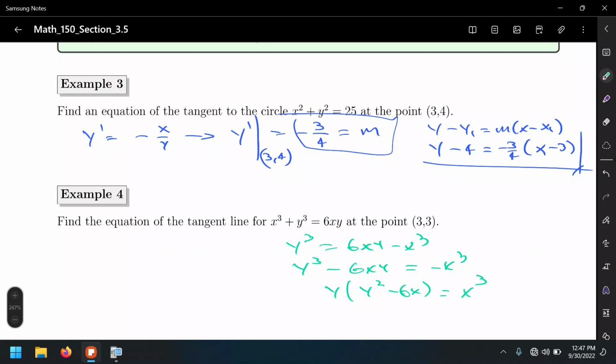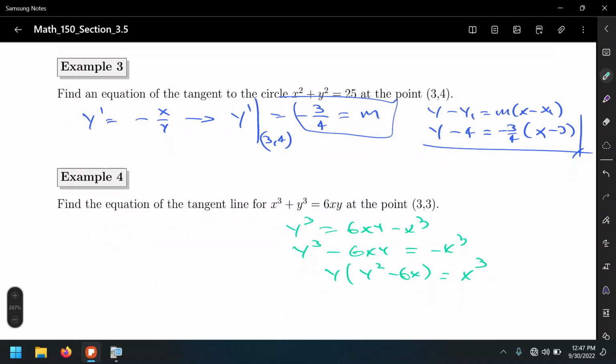Do you see the problem here? In this case, we cannot express this equation as an explicit function of y. There is no way we can do it. For this reason, we will have to use implicit differentiation. However,